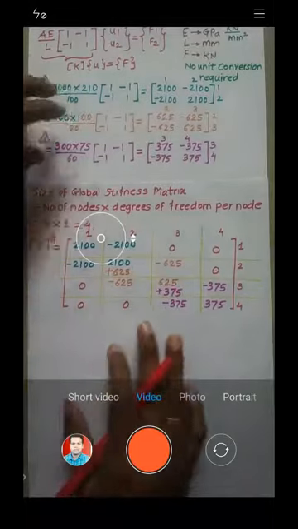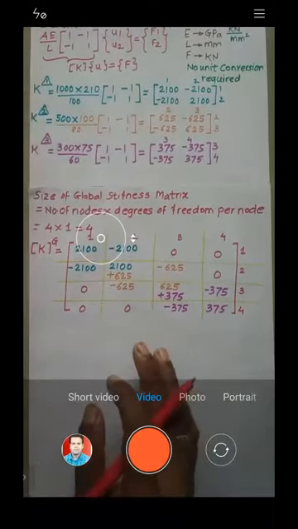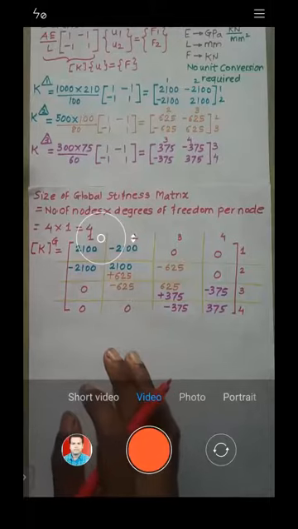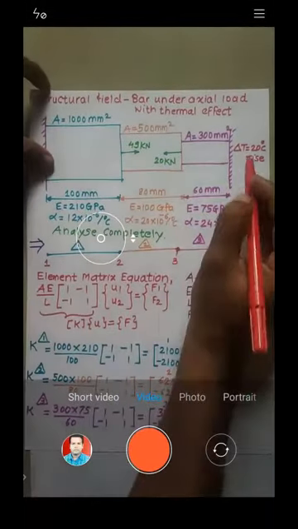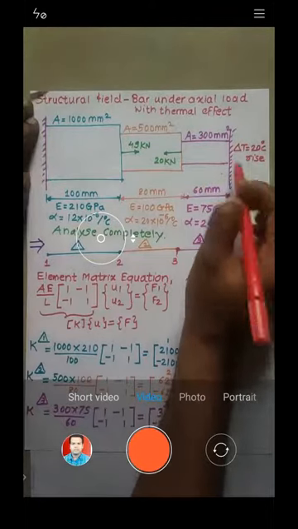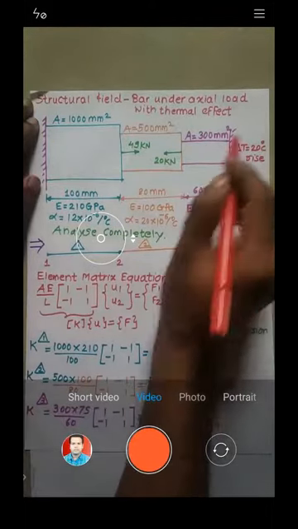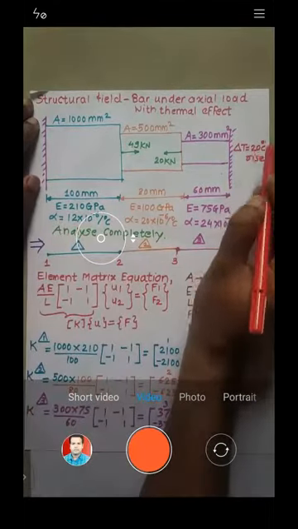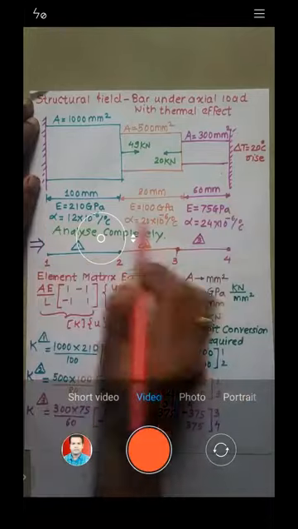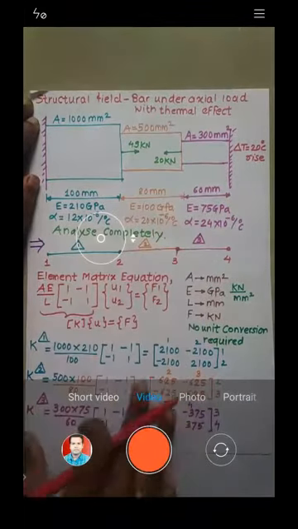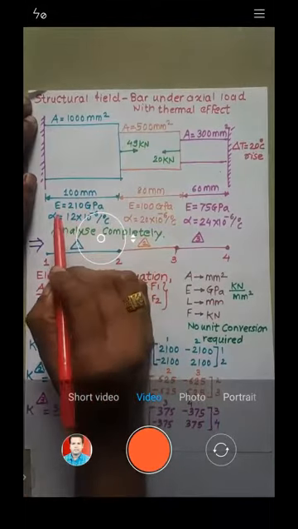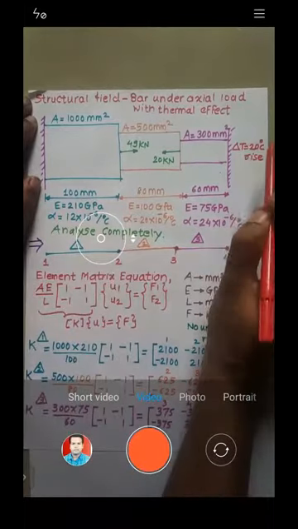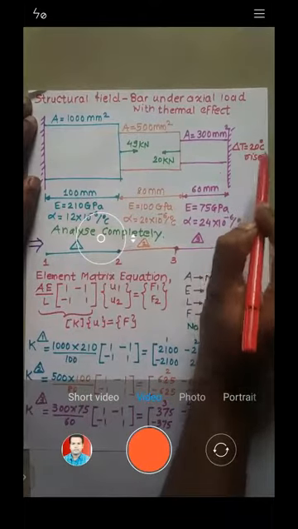Now, a very important point which dictates that this problem is different from all other problems: they have given that there is a rise of 20 degrees Celsius in temperature, and they have also mentioned the value of alpha. If they had not mentioned delta T and alpha, we could proceed as we did for previous problems. But here they have given one additional material property, alpha, and a rise of 20 degrees Celsius during this process, right?